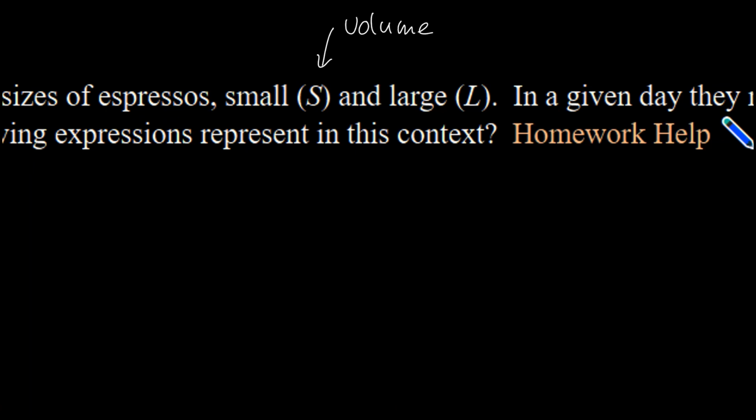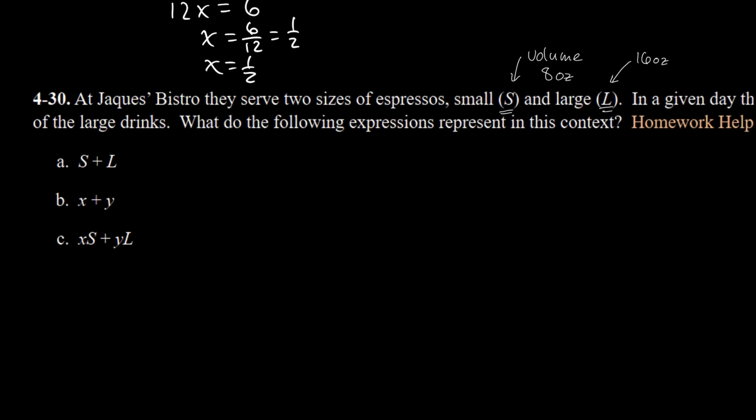So let's say that this is maybe like, I don't know, maybe this is an 8-ounce coffee and maybe this is a 16-ounce coffee, right? So if that's what they meant, if you were to add S and L, that would be the total volume of the coffee,